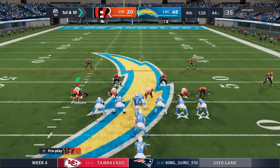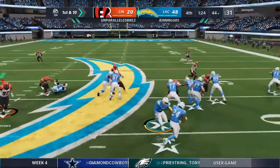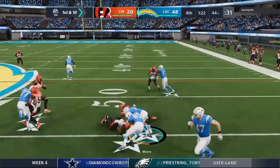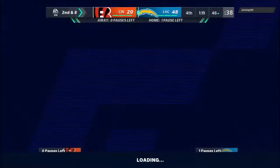The Charger drive about to get going, and this game comfortably in hand. The scoreboard speaks for itself, but you still got your starting quarterback out there. When do you go to the backup, let him get some time? And that's one of the great questions in the NFL, Brandon, because